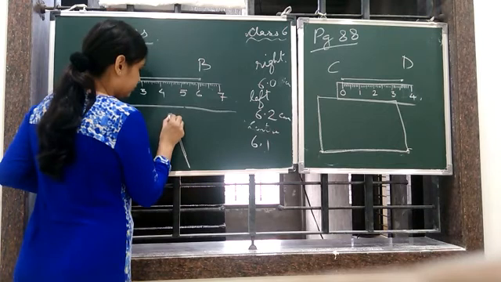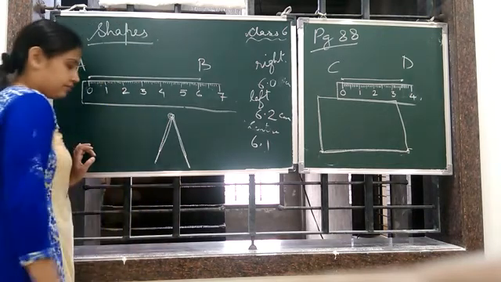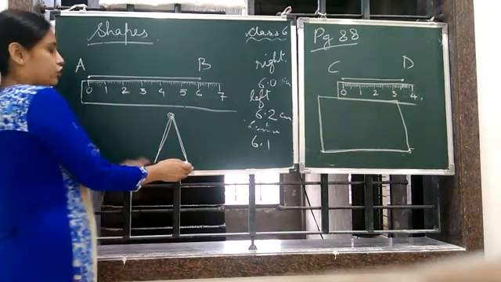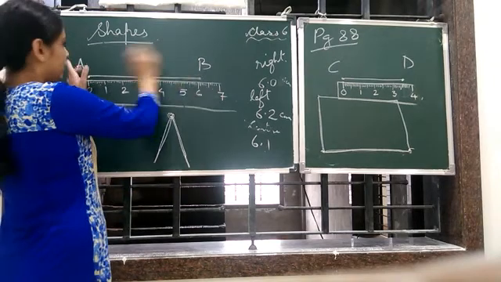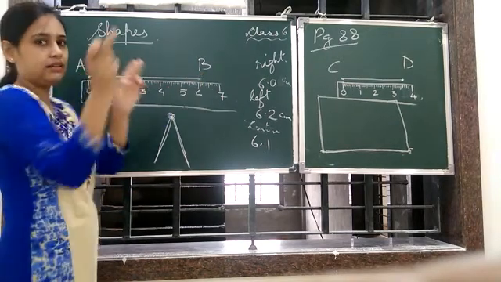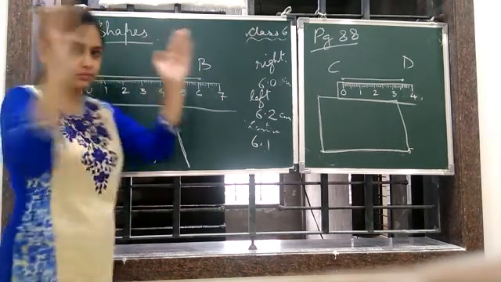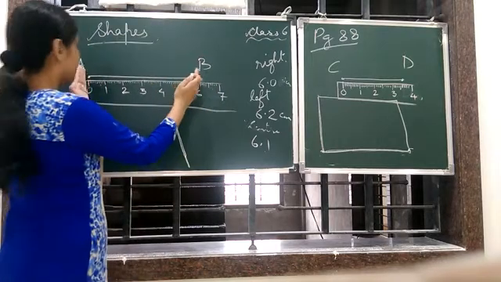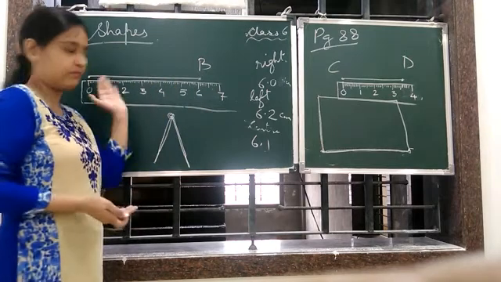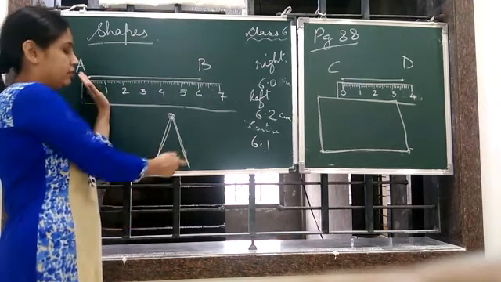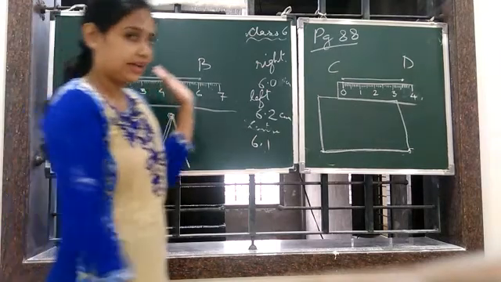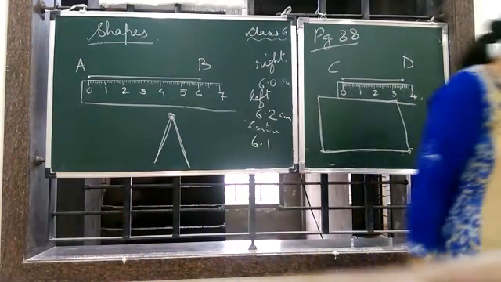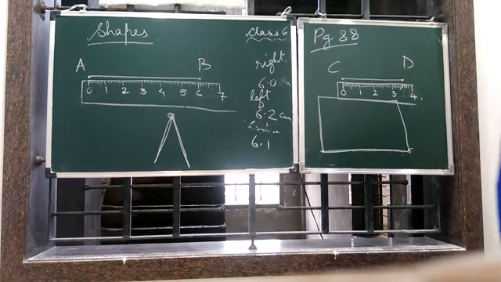This is a divider, which has a needle on both sides. So it is very easy to place the needle on the line segment, and then without disturbing the distance, you just measure it on your ruler. From the 0, where is the second end of the divider going? So this completes the Try These.